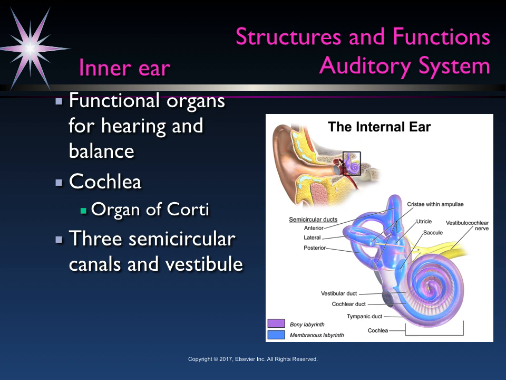The stimulus is converted to an electrochemical impulse, and then that's transmitted to the acoustic portion of the vestibulocochlear nerve, which is the cranial nerve 8, to the temporal lobe of the brain to process and interpret the sound. There are 3 semicircular canals, and the vestibule